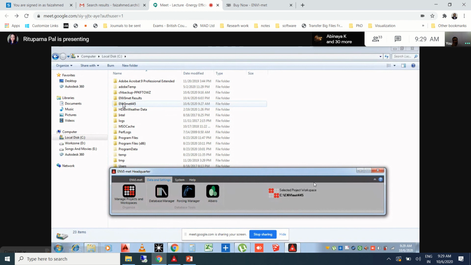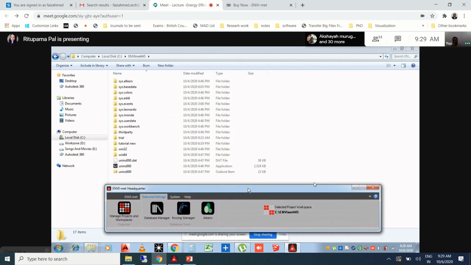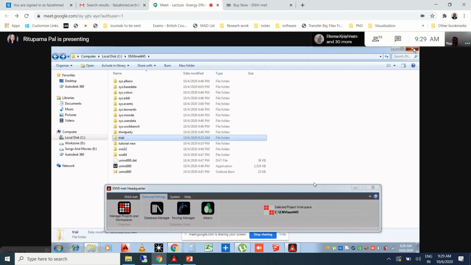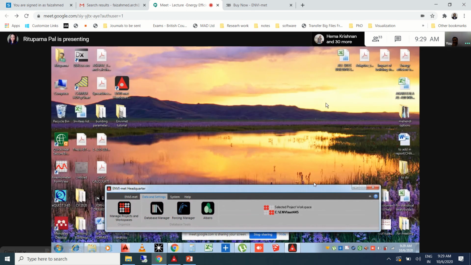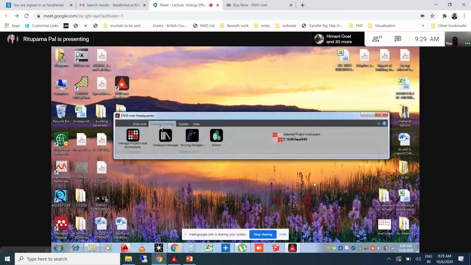You will be having a folder named NVMe 445, where you click it, and then if you have renamed your new project as trial, you can see that this particular folder will be available, where you will be having this file.